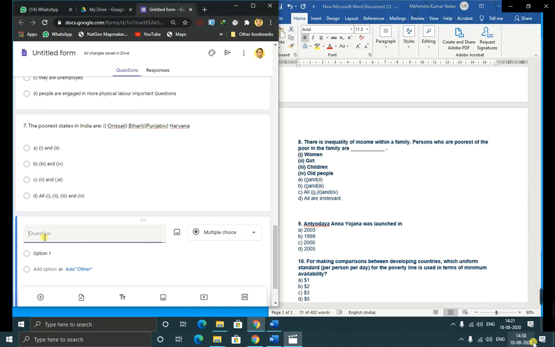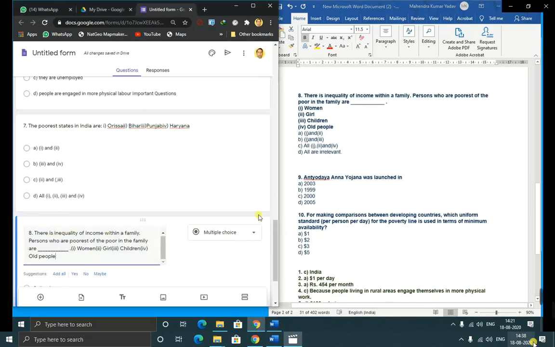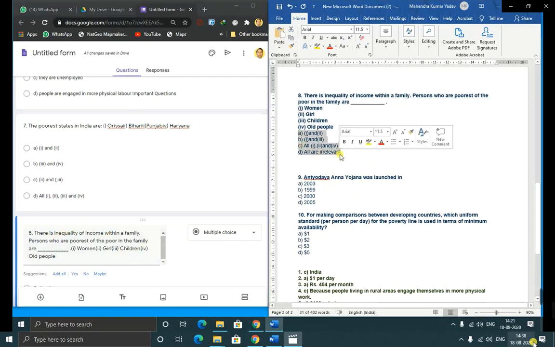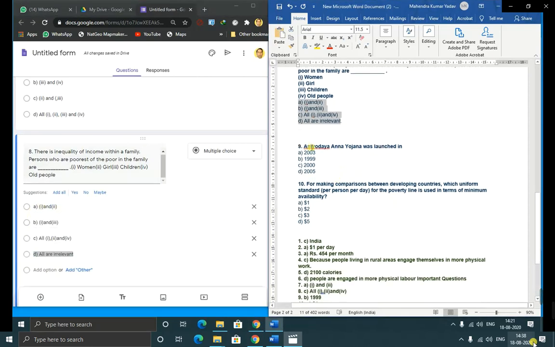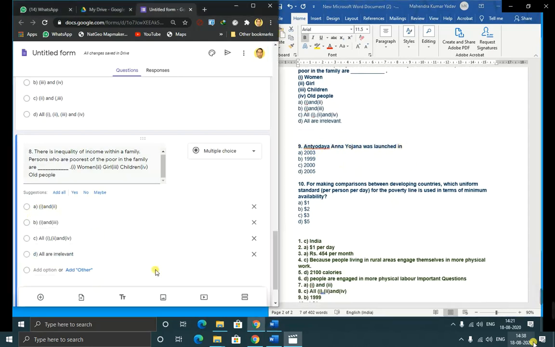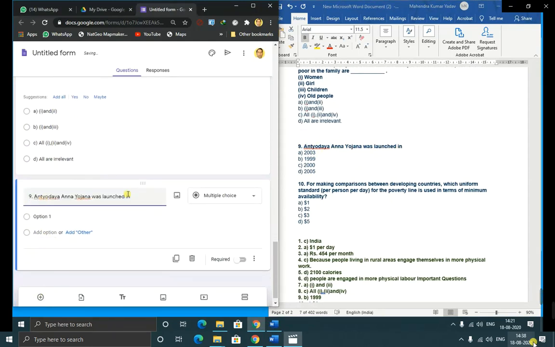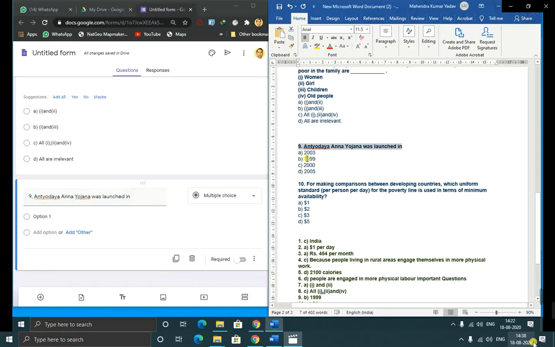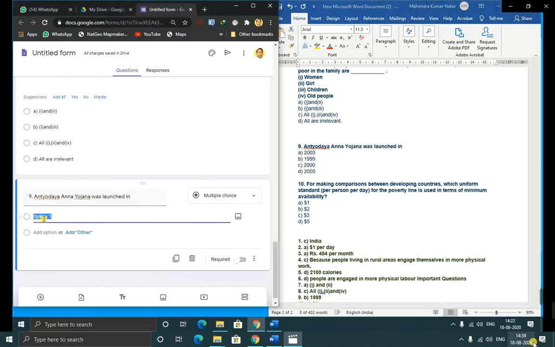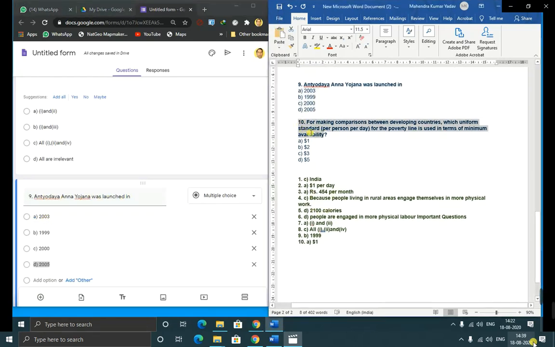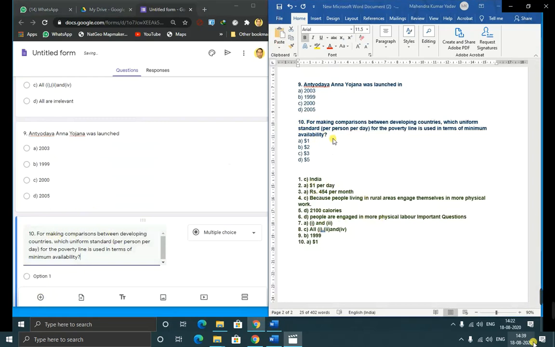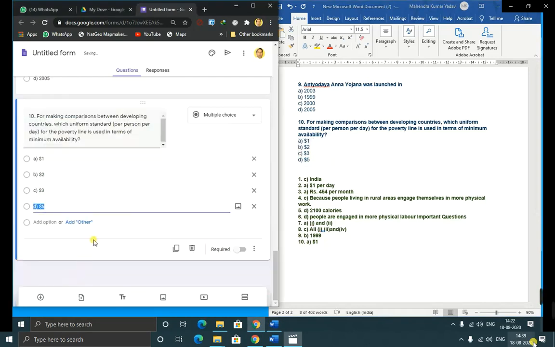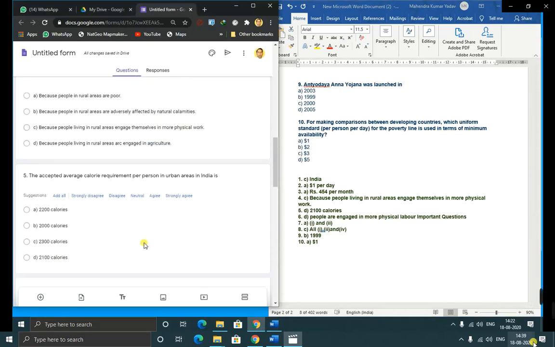As you have typed in the Word format, similarly that will go to Google Form. Now all the questions have been copied.